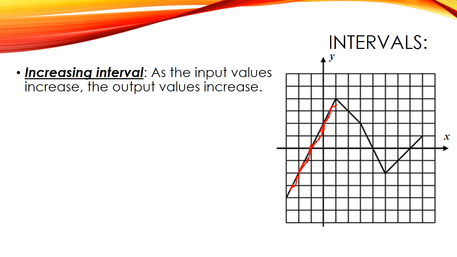And I see that it starts to go down after that, and it goes up again at the last part. So these two pieces of the graph represent increasing intervals. Now, when I write an increasing interval, I don't need to include any endpoints. So when we write an increasing interval or any kind of interval, we'll exclude the endpoints